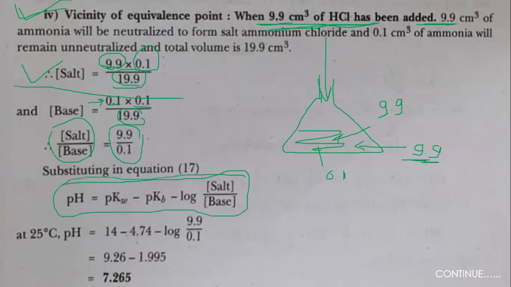pH of a basic buffer, right? So that is pKw minus pKb minus log of concentration of salt upon concentration of base. Put the values. Now you have salt upon base. Now you know the values of pKw and pKb. We are taking those values from the first slide only, where we started the calculation. This pKb value is also known. So here the pH is 7.26 now. See, near the equivalence point it is 7.26. Okay, so far we have seen 4 pH values.